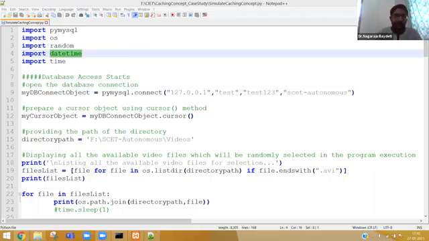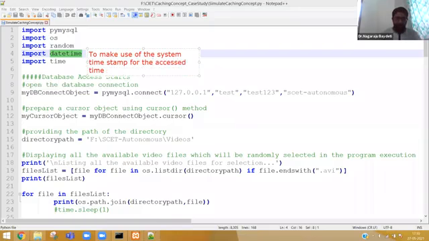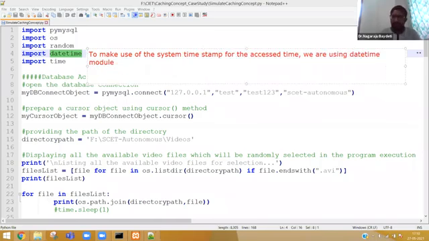I think you might have already understood. To make use of the system timestamp for the access time, we are using the datetime module.